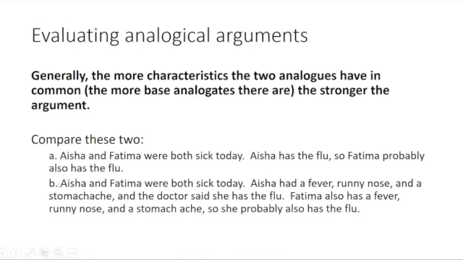Now, if you compare that to B, you'll see how B is stronger, because here we have a lot more features in common. Aisha and Fatima were both sick today. Aisha had a fever, a runny nose, and a stomach ache, and the doctor said she has the flu. Fatima also has a fever, runny nose, and a stomach ache, so she probably also has the flu. So now we have a greater number of specific symptoms which they both share. So that's more things in common, right? And there are more things that we know are relevant to the flu. So that argument's stronger because, as the rule here says, the more characteristics the two analogs have in common, the